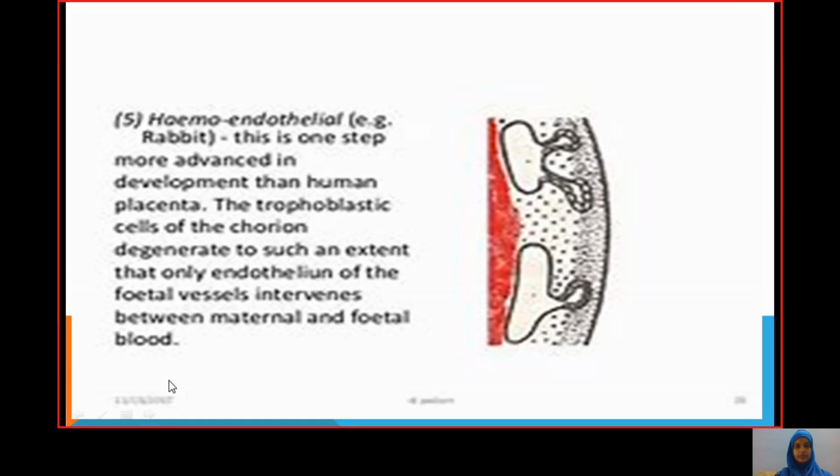See here, this is the maternal blood and this is the fetal blood vessels. Vessels will directly bathe in the blood sinuses. It is a more advanced step in development than the human placenta. The trophoblastic cells of the chorion degenerate to such an extent that only the endothelium of the fetal vessels intervenes between maternal and fetal blood. Only the endothelium of the fetus is between the mother's blood and the fetal blood. This is a more advanced